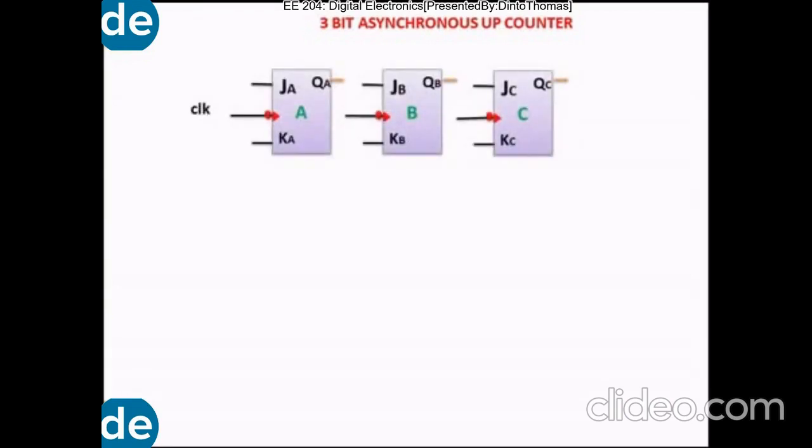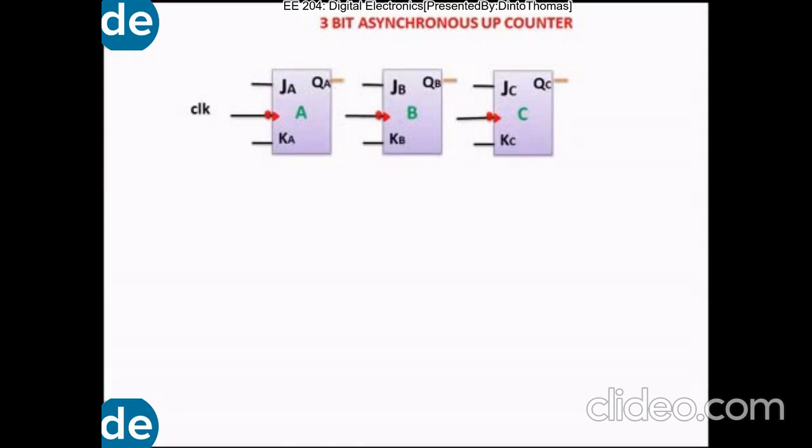In a synchronous counter, the clock pulse is common to all the flip-flops, whereas in the case of asynchronous, the clock pulse is generated from the previous flip-flop, and based on the flip-flop output, the next clock pulse will be activated. The clock pulses are mainly based on the triggering, a positive edge or negative edge. In the example we are going to deal with, we are taking a negative edge clock pulse.